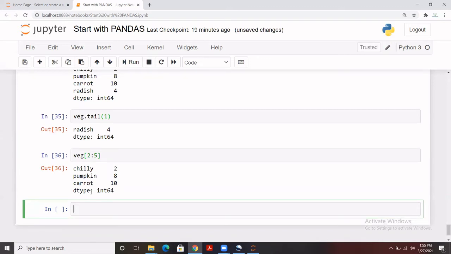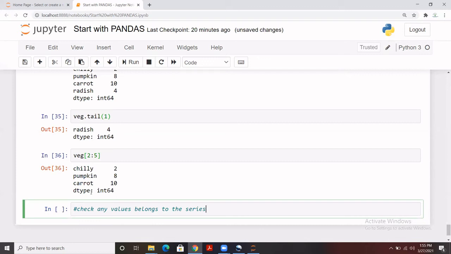Now let's say in case we want to check whether any value belongs to the series or not. How will I write this? Yes, we have to use the isin keyword.